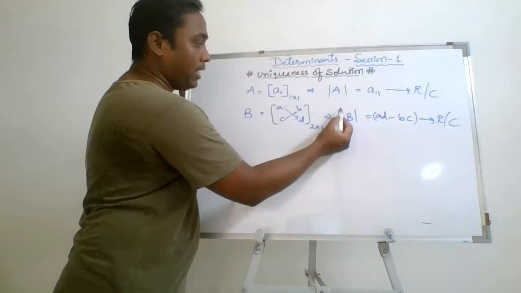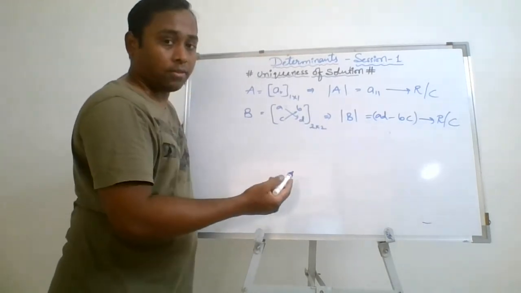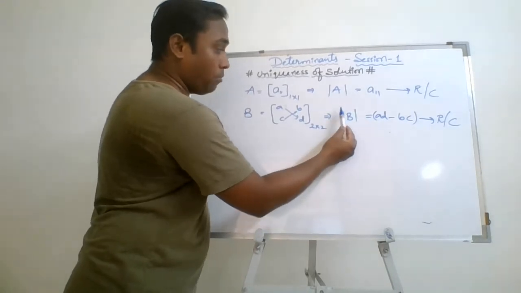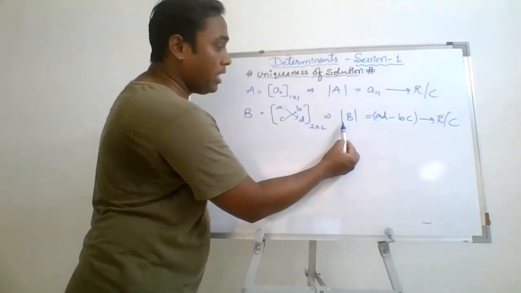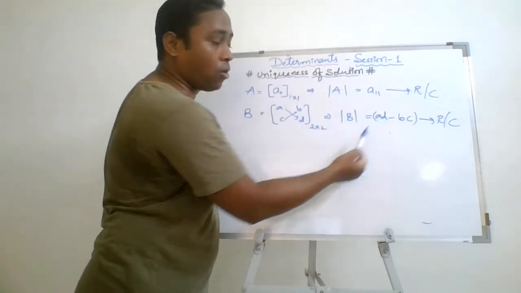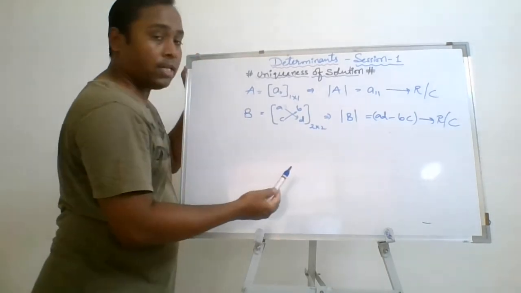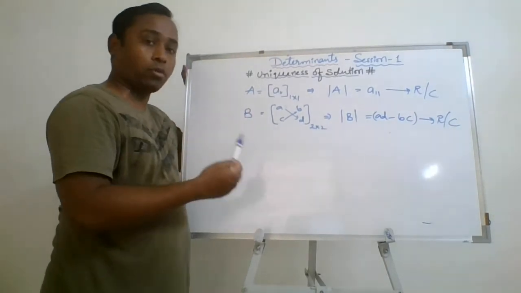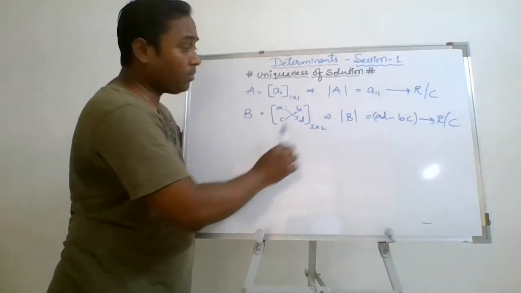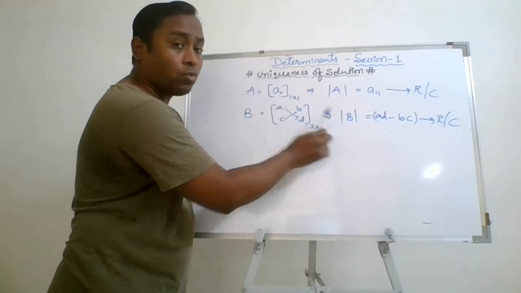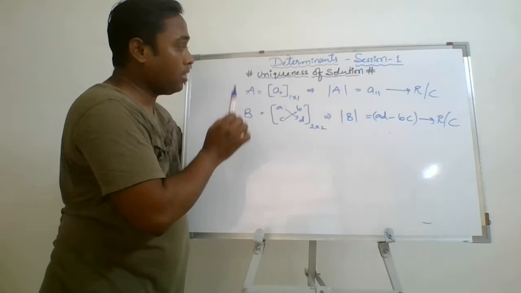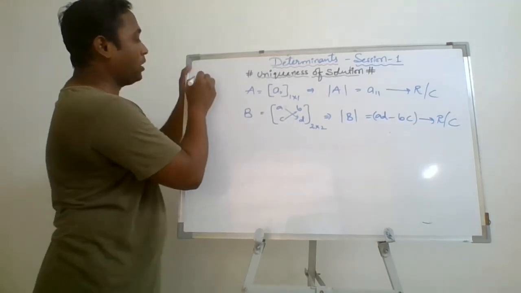Okay. So when I say determinant, it looks like a modulus. It doesn't mean that the determinant is a modulus. Determinant may give a positive number or a negative number. It may give real or complex. But modulus always gives positive answers, right? So determinant is different from modulus. Determinant is associated to a square matrix, but modulus is not associated to a square matrix. Modulus is simply the positive value of a number.